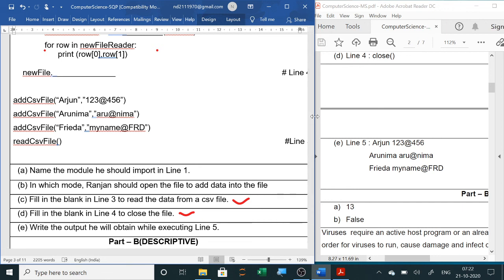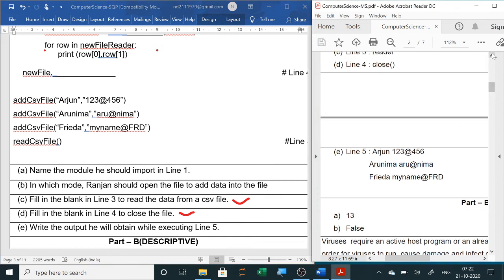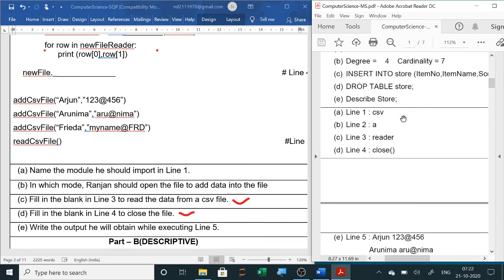Now in the next video we will do part B, section 3, that is the descriptive part, with questions of 2 marks. Till here you had 1 mark questions where you just have to go through the case study, and as per the case study you have to write the answer. So I think you have understood section 2 part A.